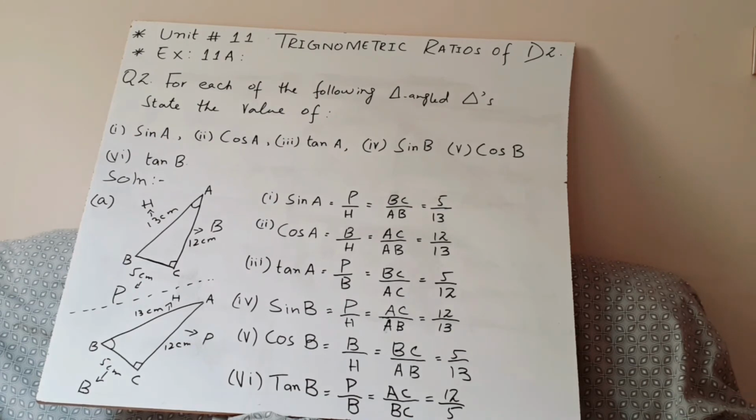The B part is your assignment, you can do it. And question number 3 you can do by yourself as well, because in question number 3 they are asking the same thing. You have to express sine A, sine PQ, but in this question the sides are given in numeric form: AC is 12, BC is 5 centimeter and AB is 13 centimeter. But in question number 3 the side lengths are given in variable form like x, y, z. So you can identify in this way. Okay, let's move on to question number 4.